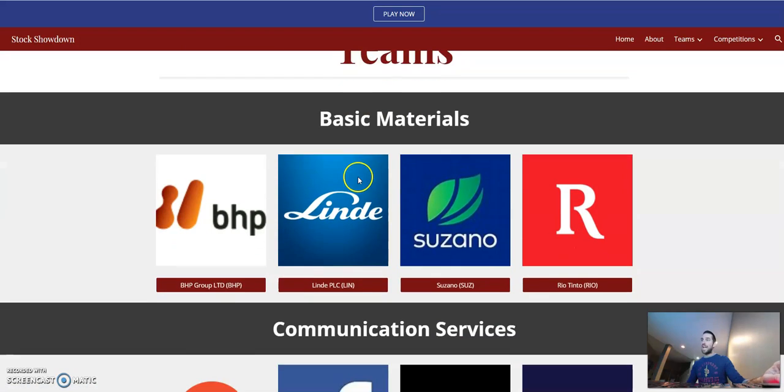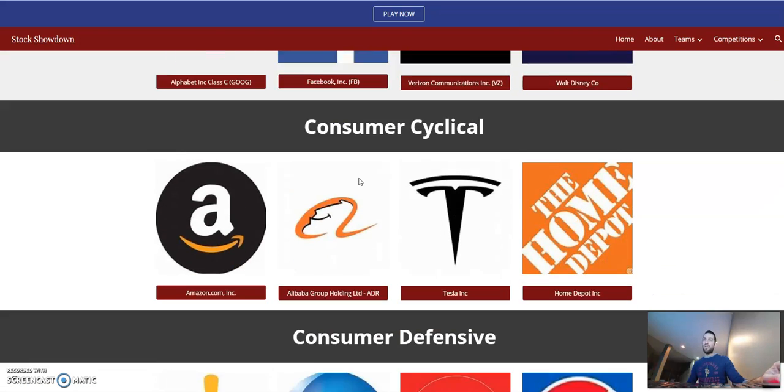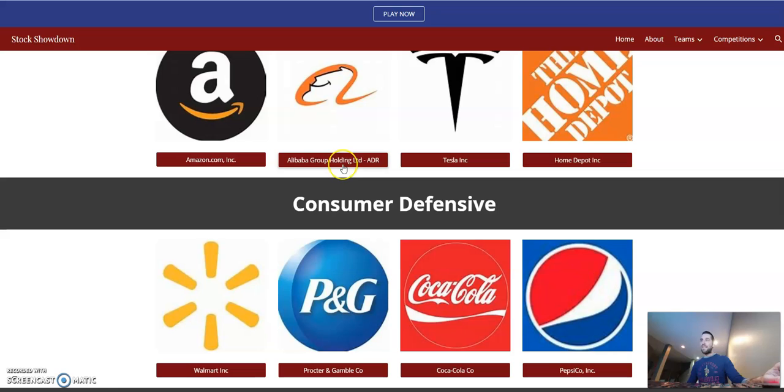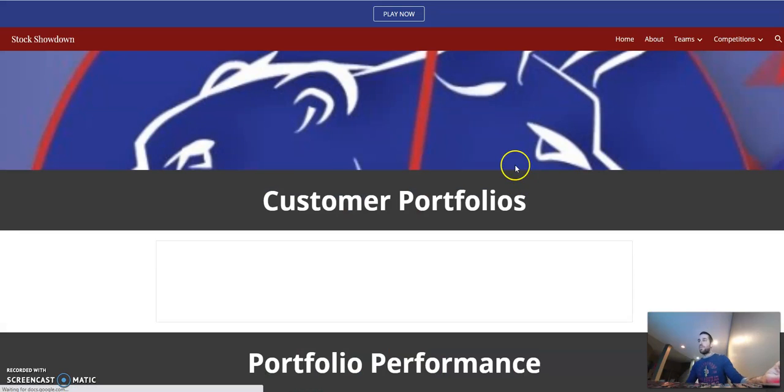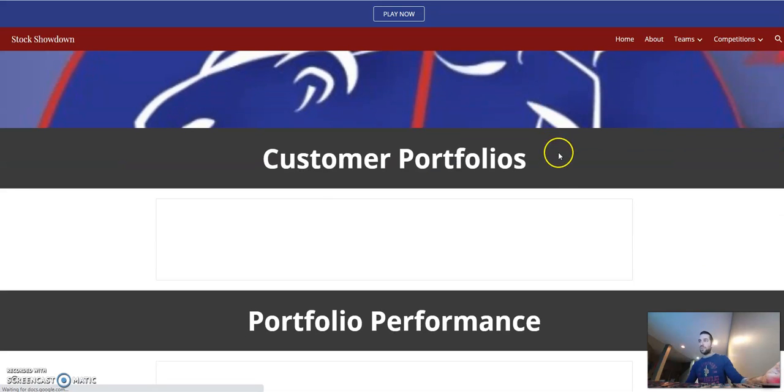If you click on that tab, it brings you directly to the companies that were involved in the week 1 showdown, and there are 44 of them. There are 4 from each of the 11 industries, giving that grand total of 44 companies. So at a snapshot, let's take a look at how the respective participants performed during the week 1 showdown, which can be found in the week 1 standings.